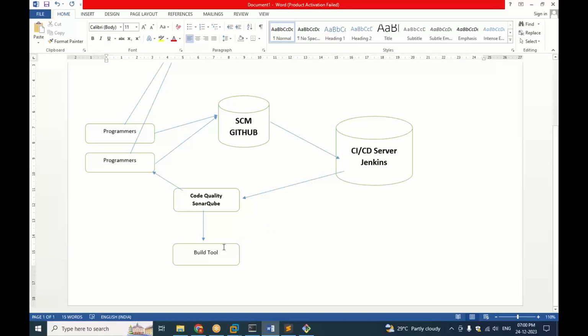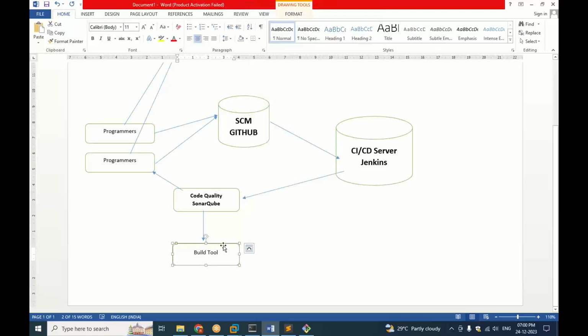But it depends on the code also. If it is related to Microsoft .NET code, we need to use MS Build. If it is related to Java, we need to use Ant or Maven. Now we are using Maven. What is Maven? Maven is a build tool. Maven is a build tool. It is used for